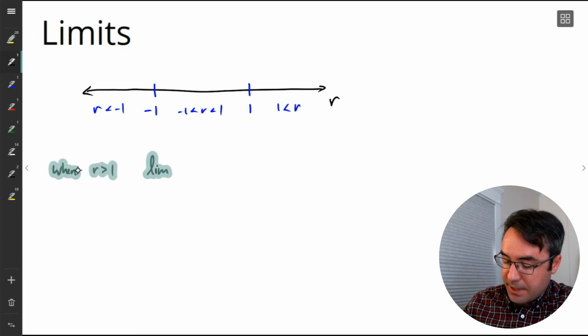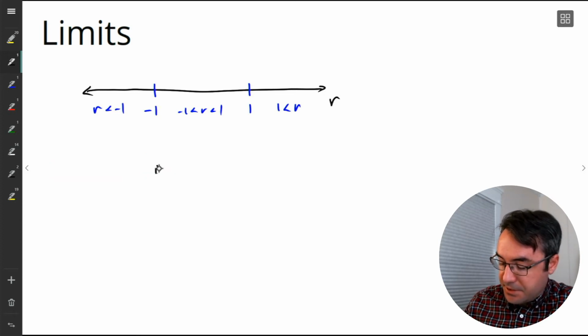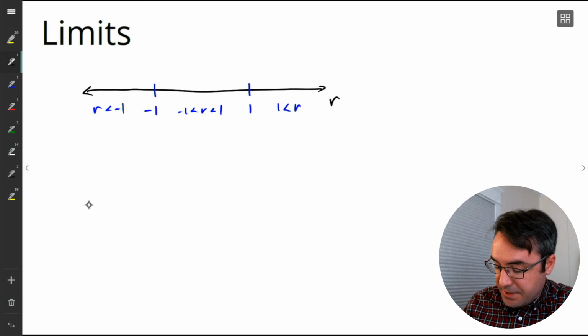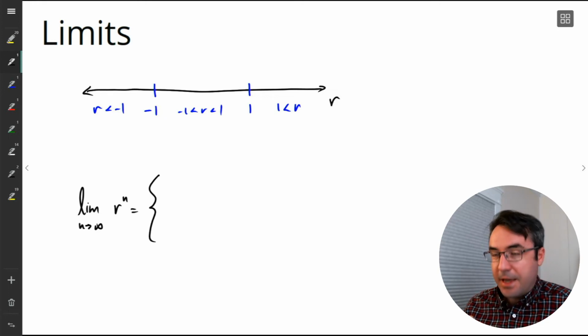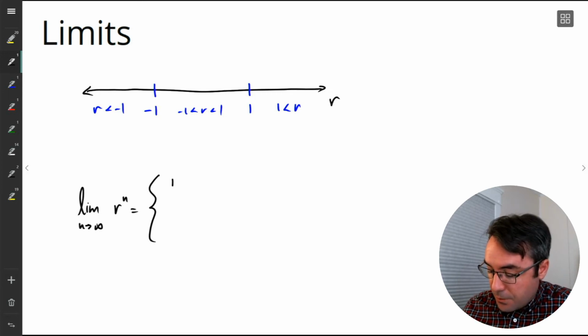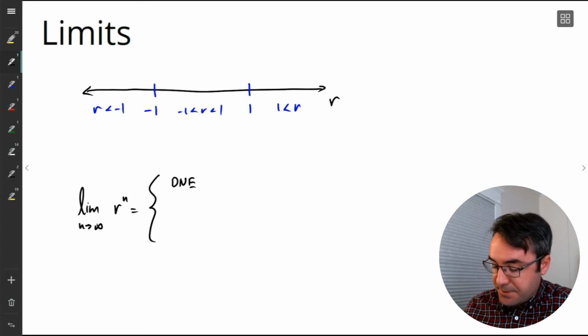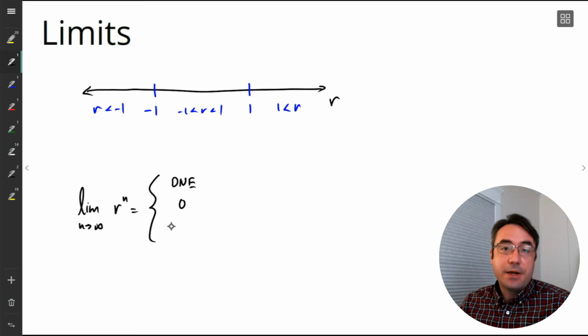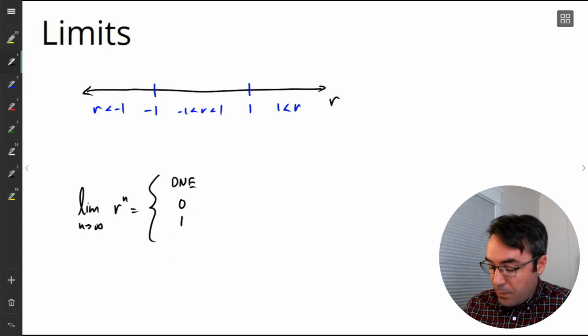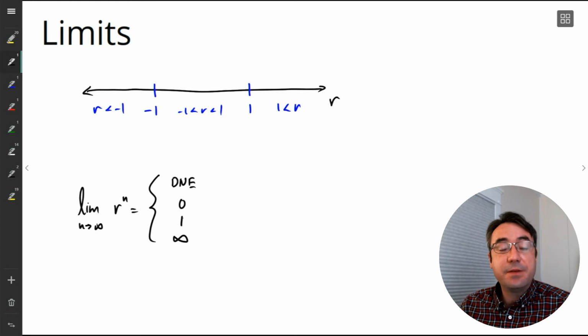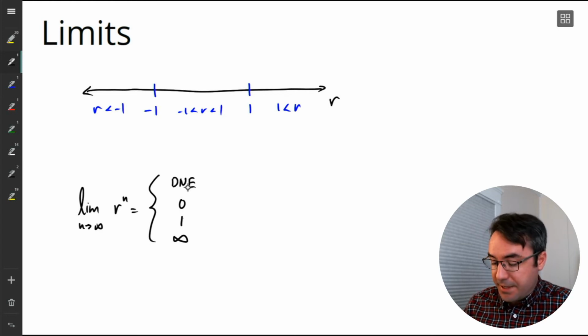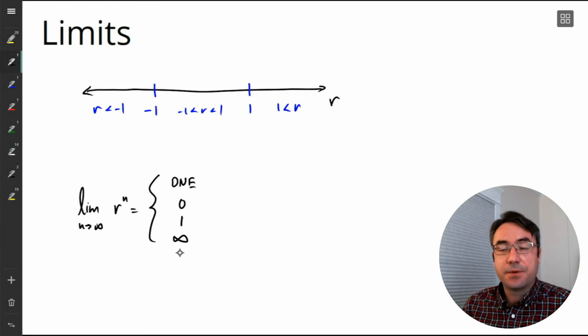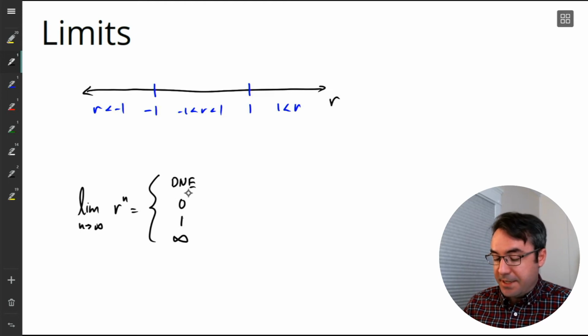And actually, we'll write this out as cases. Let's do the limit as n goes to infinity of r to the n, and we're going to write this as just some different cases. So we saw that this limit did not exist. We saw that the limit of r^n could be 0, we saw that it could be 1, or we saw that it could also be infinity. So what were the cases where these different options occurred? So what we saw is it didn't exist